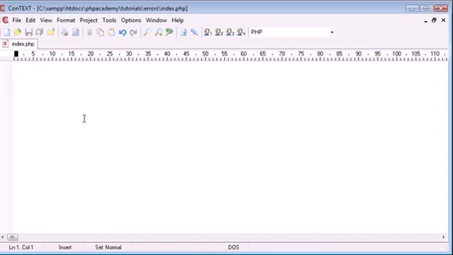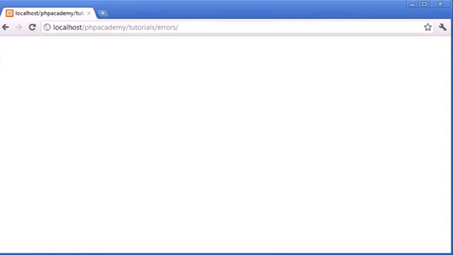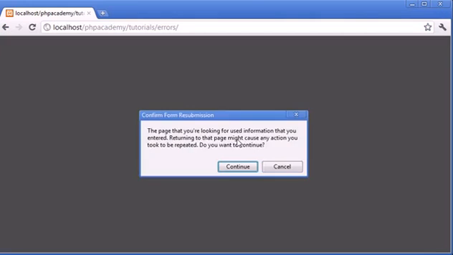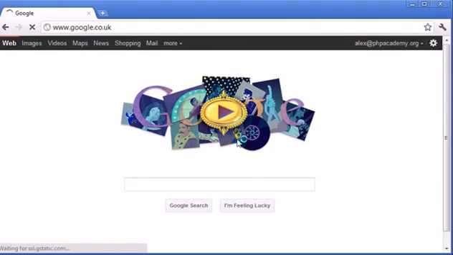Let's take a look at this blank page at the moment. I'm going to start some PHP tags and use header to redirect to another page. So I'm going to say header and then location, let's just say google.co.uk. This header function is going to redirect us to the web page google.co.uk. Let's refresh the page in our browser, and you can see that we're redirected instantly